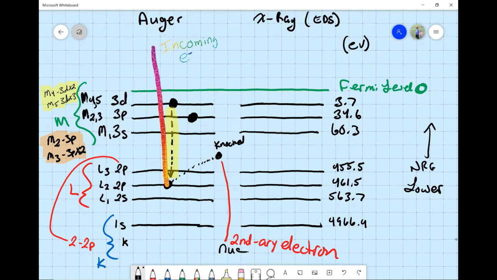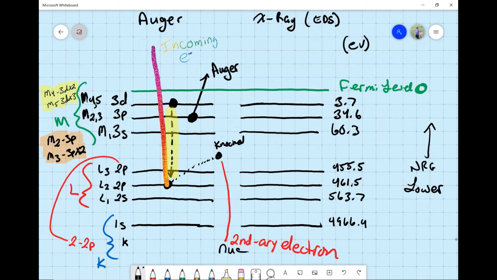This one takes its place. This one freaks out and leaves, and this is an Auger electron, okay? So it falls down. This guy freaks out and leaves. Just takes off. And this Auger has an energy now. And this Auger energy,